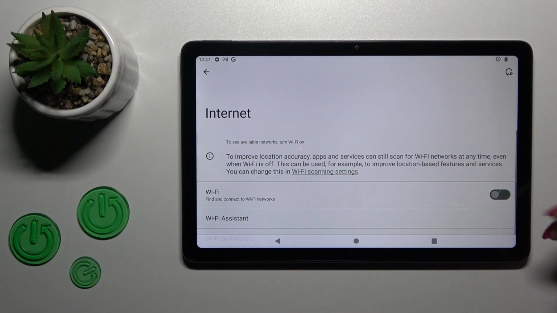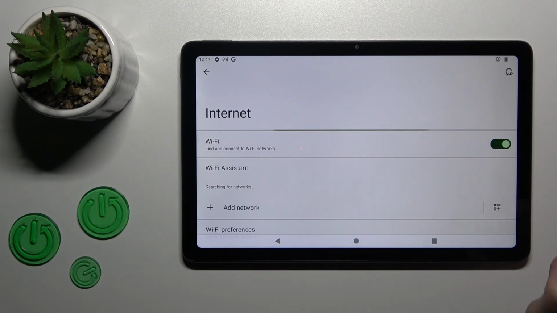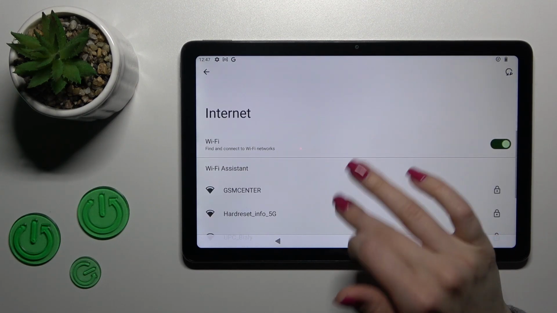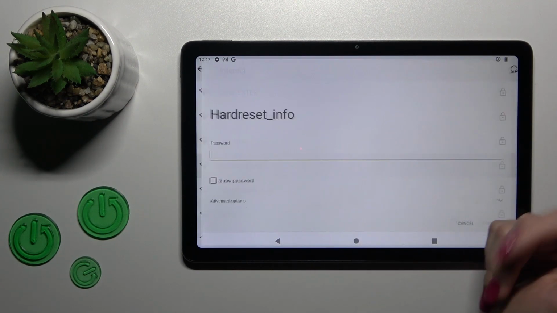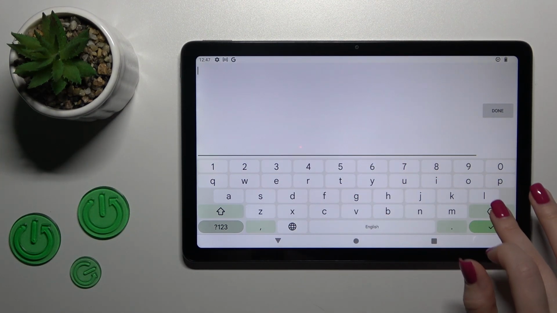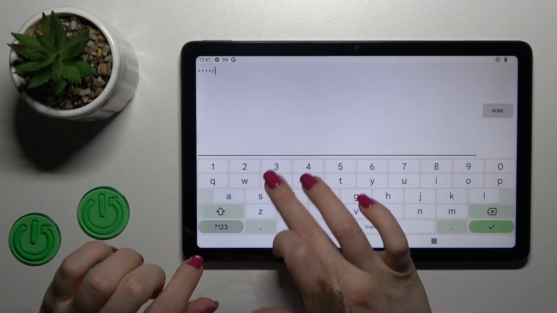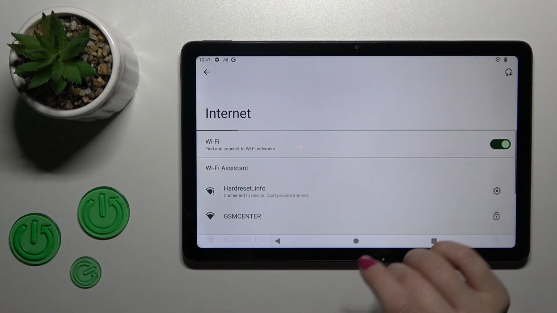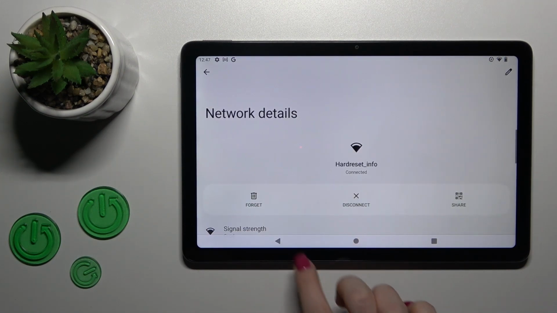Here, click on the Internet section, and to activate Wi-Fi you should tap the switcher. After that, you'll see all the available networks. Just select one, enter the password and connect. For example, just tap on it, wait a couple of seconds, and we can see that our device successfully connected to